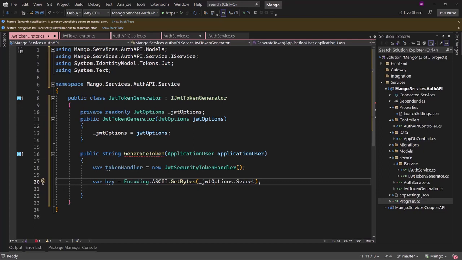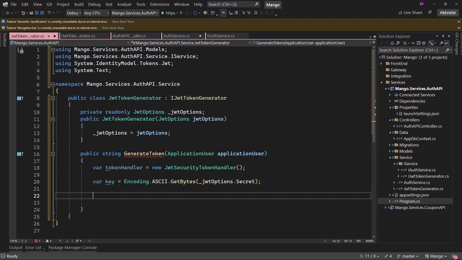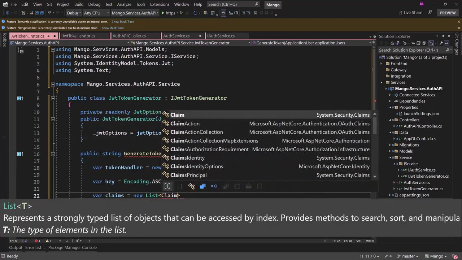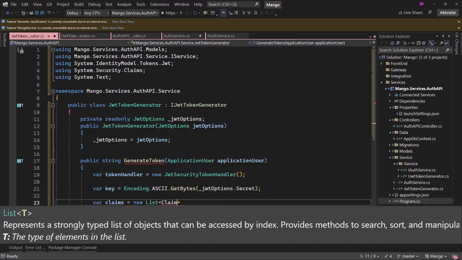Now inside the token, what we typically have is some claims. Like let's say you want to store the email ID, username, maybe something else in the token. We can store all of them as a key value pair, known as a claim, inside the token. So a JWT token will be comprised of multiple claims. Let me create variable claims is equal to new list of Claim, and that is inside